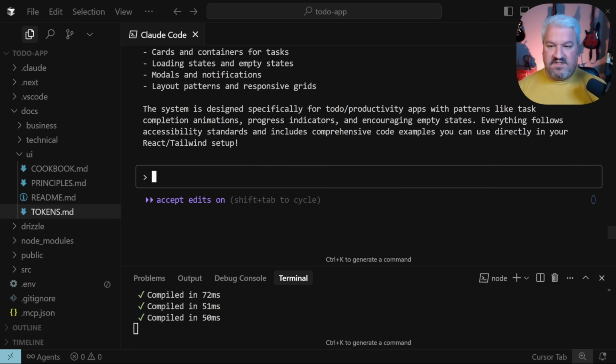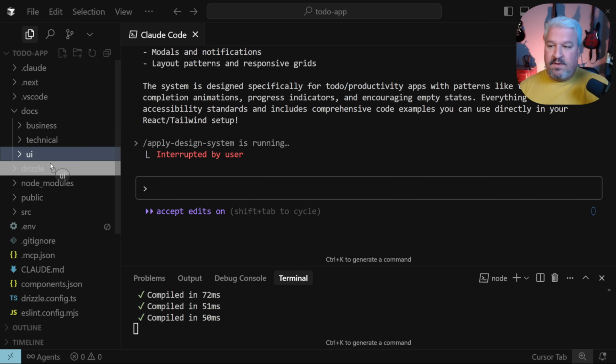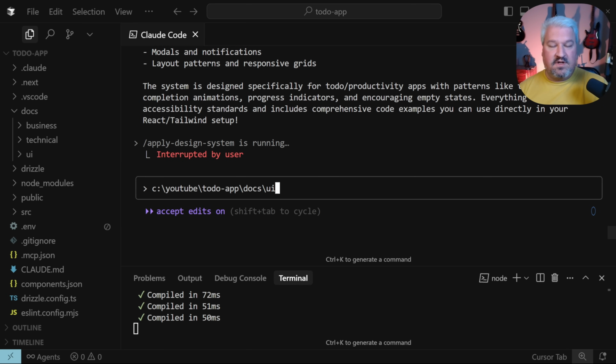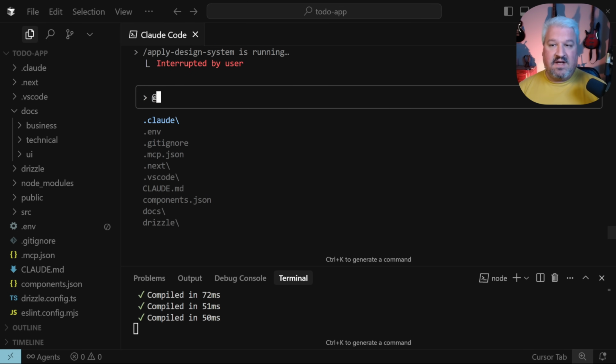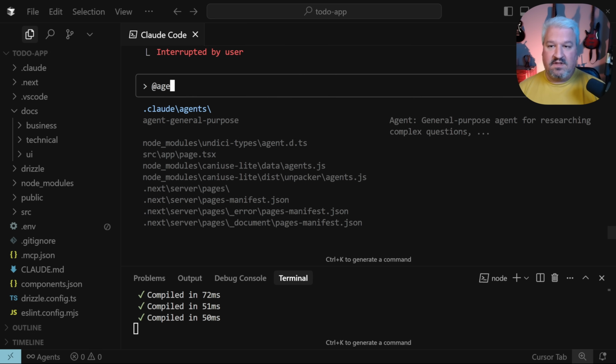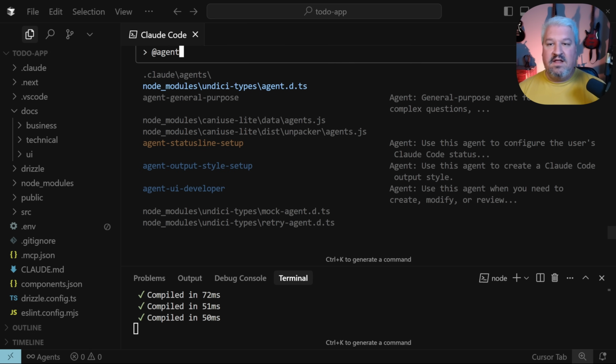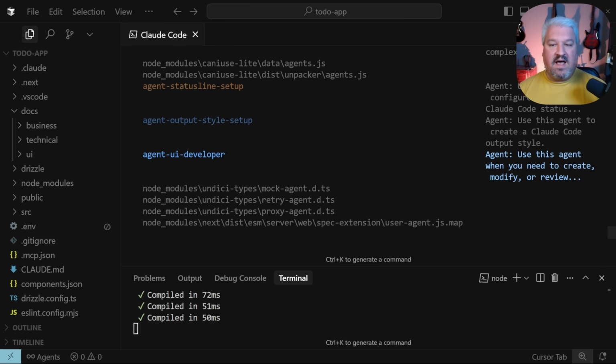Cool, so what exactly can we use this for? We can simply drag and drop this UI folder into the chat and then tell the agent to please fix the UI or a specific page. But what we can do instead, if you are using Claude Code, is use a specialized sub-agent that can do the UI components for us. So we can tag that agent with the @ symbol, and then in this list, let's look for the agent